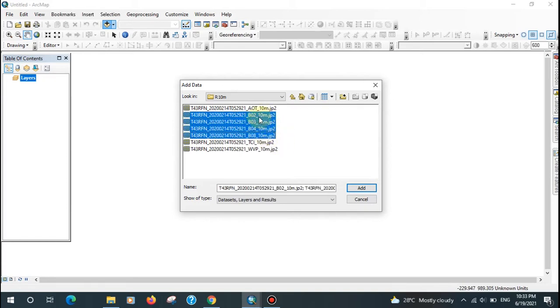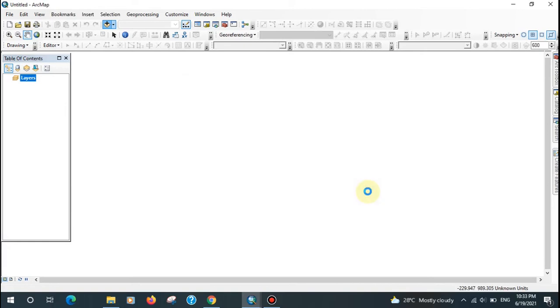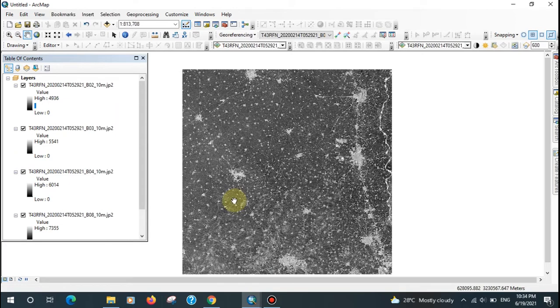In Sentinel-2, band 2 is blue, 3 is green, 4 is red and 8 is near infrared. Okay, after adding the bands, here I am adding all visible bands in Sentinel-2 data, that is blue, green, red and infrared.